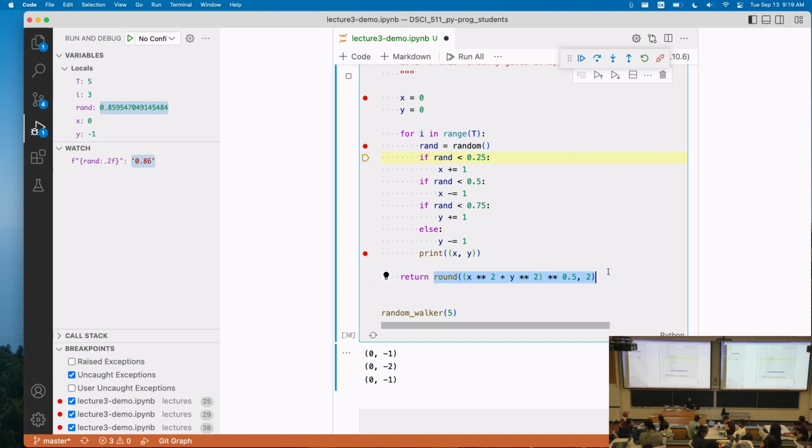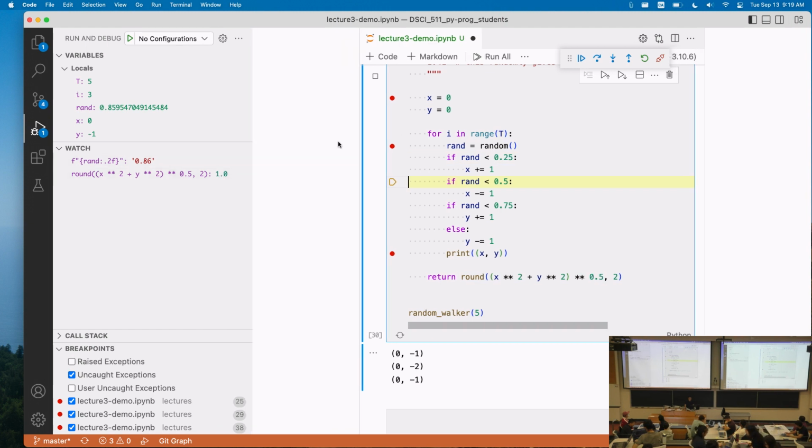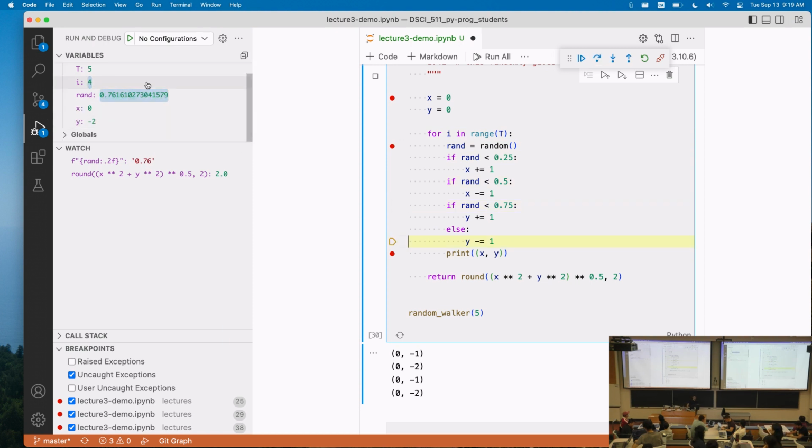For example, I can have this expression over here, and then look at the value there, 1.0, and then it becomes 2. So I can watch as many expressions as I like in addition to the values that I have over here. There are a couple of other buttons. This play button runs your code until it reaches